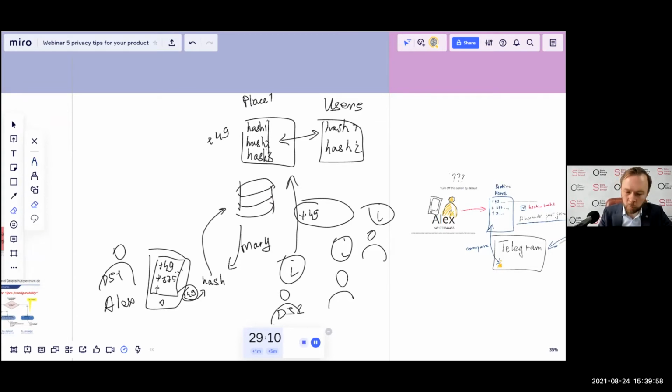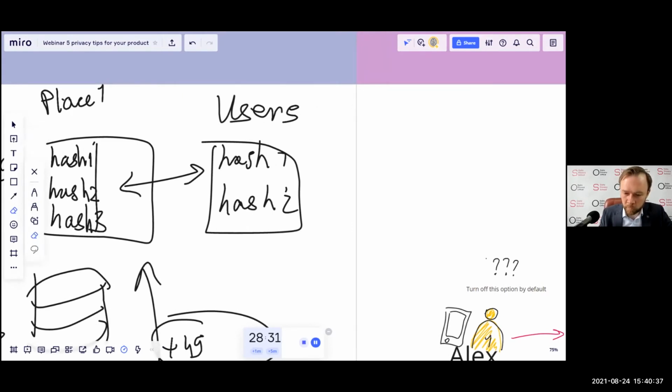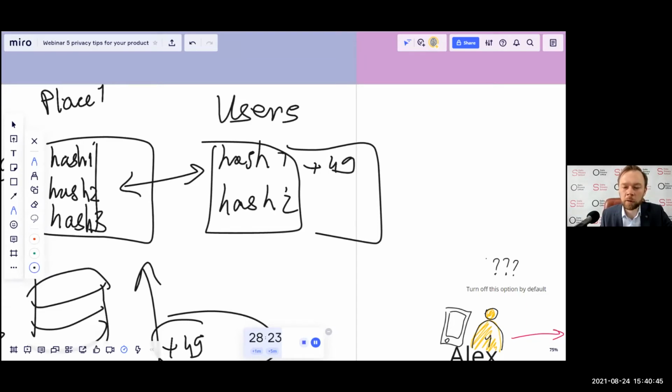In that case, you get rid of this requirement of informing data subjects because you probably have no way to get the phone numbers from the hashes, because it's a one-way process and you cannot deduct real phone numbers from the hash. And you cannot use a hash for sending messages. You may only find out the phone number when this user is in your system. For instance, if you have the phone numbers of all your present users, hash plus phone numbers, then you can recognize, okay, this hash belongs to Mary and Mary's phone number is this